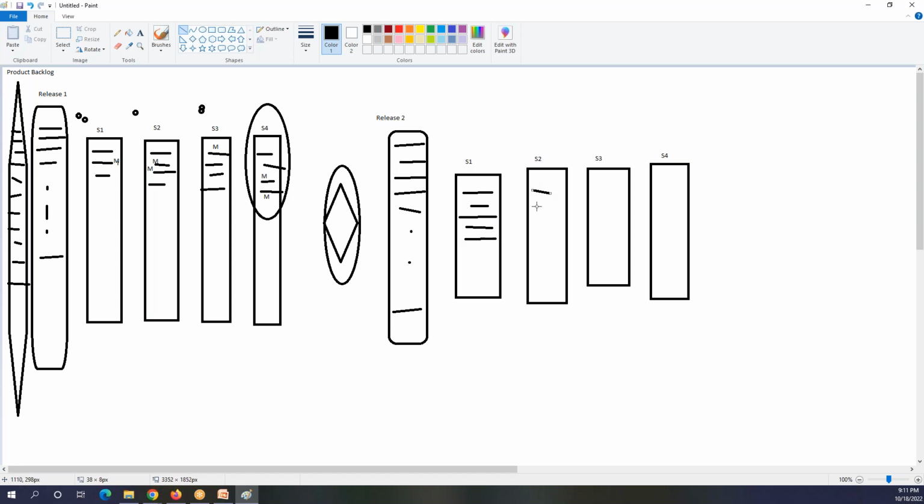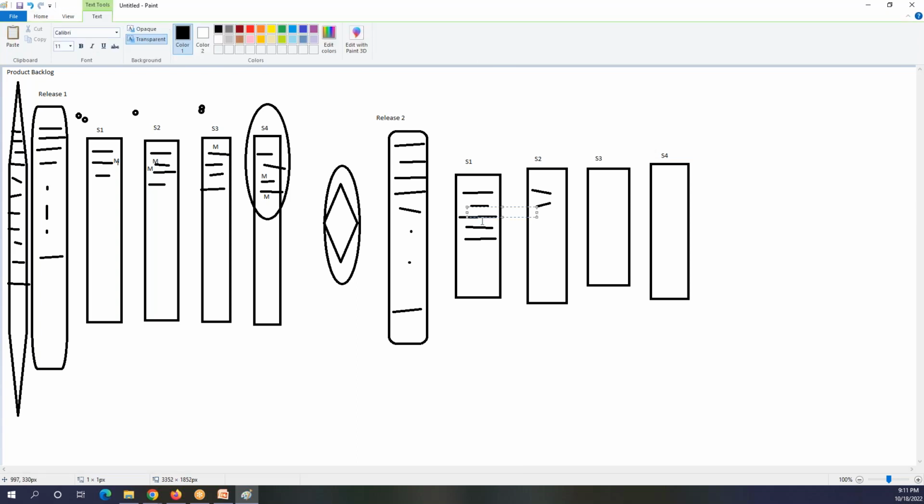Let's talk about sprint 1 first. So right now I'm in sprint 1, and in sprint 1, I have only one major functionality.